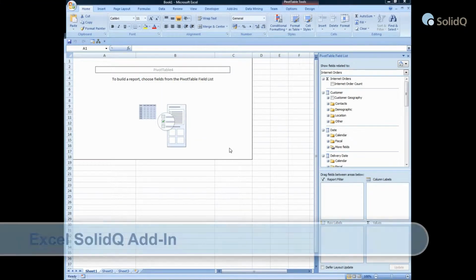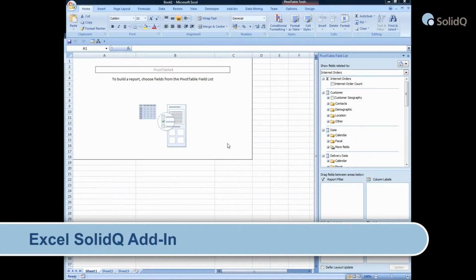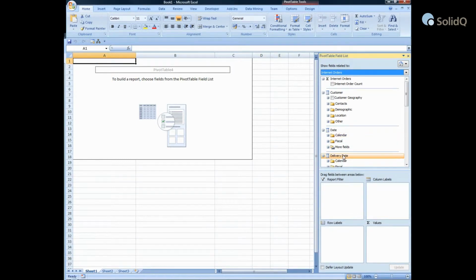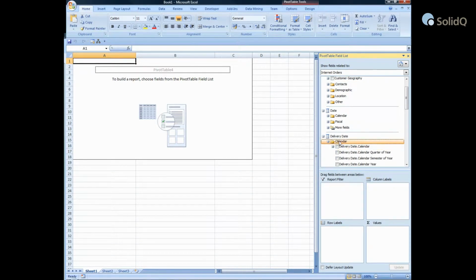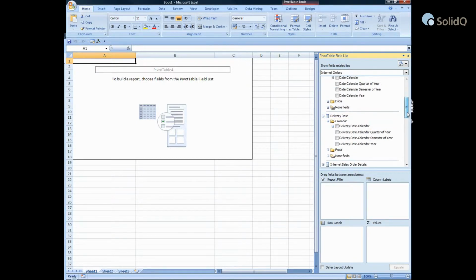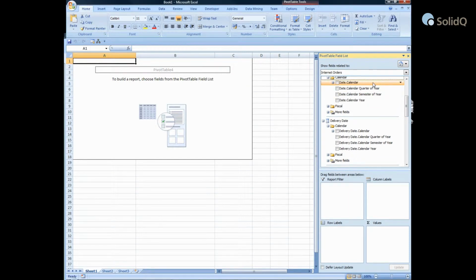When using a pivot table in Excel connected to a cube, we can find some role-playing dimensions, like date, that will have the same names for their attributes. In this example, we have the date and the delivery date dimensions. If we expand them, we see that under the calendar folder we have the same elements, the date.calendar and the delivery date calendar. If we drag these two attributes or properties to the row labels,